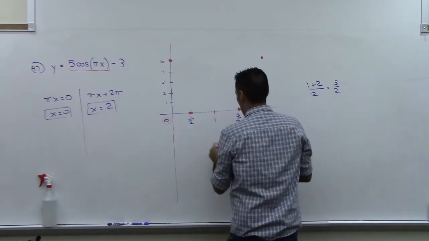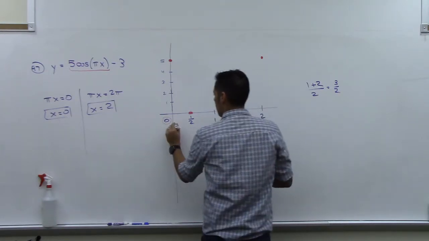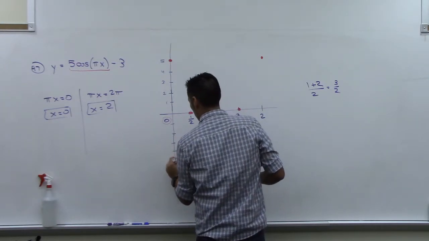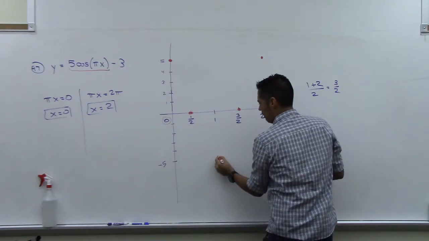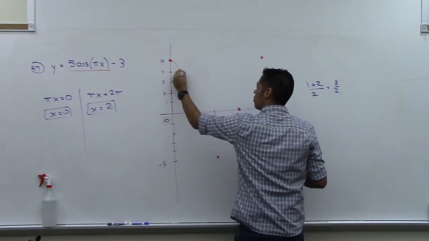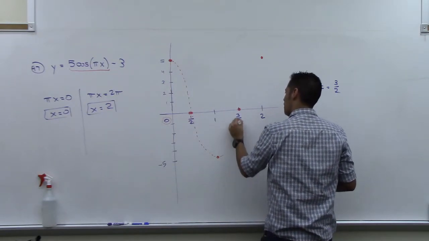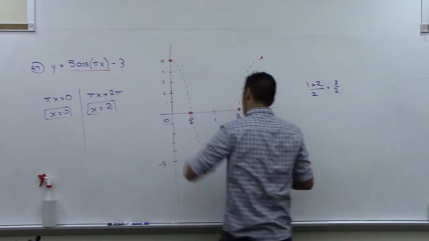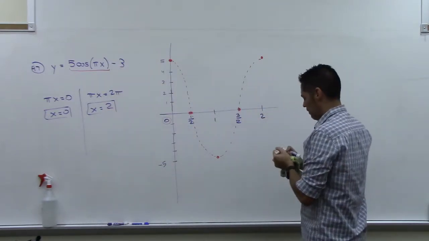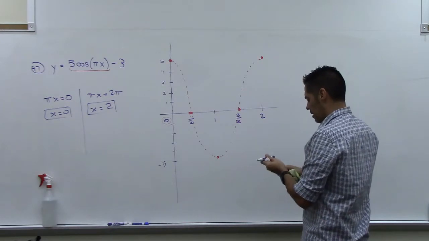And then at the halfway point right here at 1, I should be at -5. 1, 2, 3, 4, 5. There's -5. So I should be right there. So a rough picture of my cosine function before I do that vertical shift, it's actually vertically down. That's my picture. So let me now take that and move every point down 3, and that'll be my final